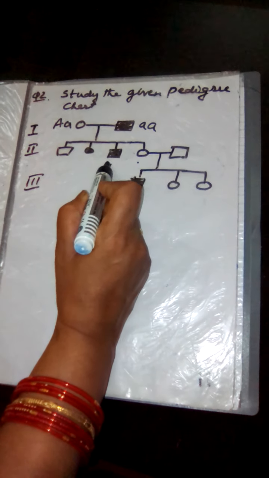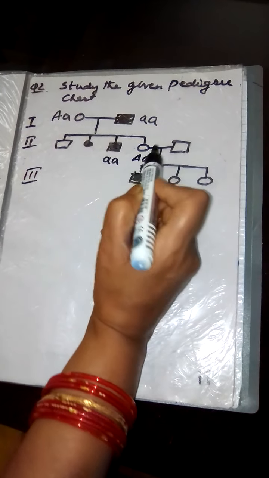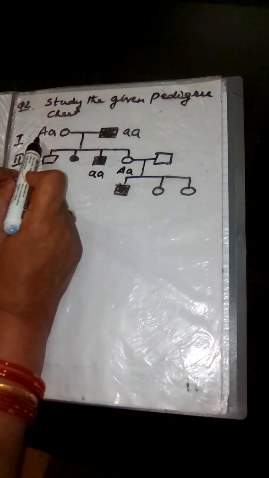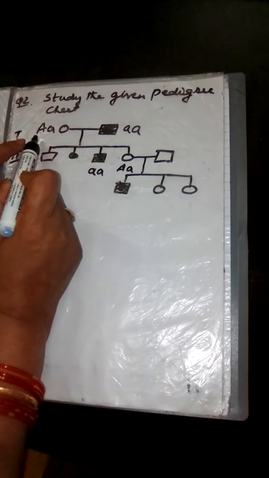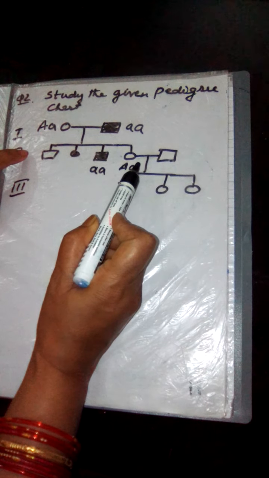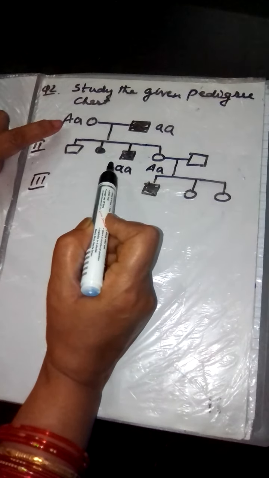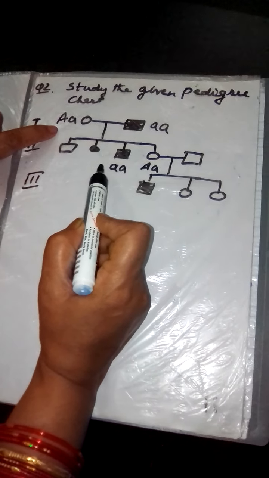Again, the next question is asking what the genotype of the third and fourth child is, meaning this and this child. This one will be recessive, and this will have capital A, small a. Now you can ask why I am showing a heterozygous condition, why I did not write capital A, capital A. Had this parent been capital A capital A, then none of the children would have shown the disease, isn't it? Because all would have one capital A, and since they are showing it, this parent is not homozygous but heterozygous, and the same is here. I hope you have understood.